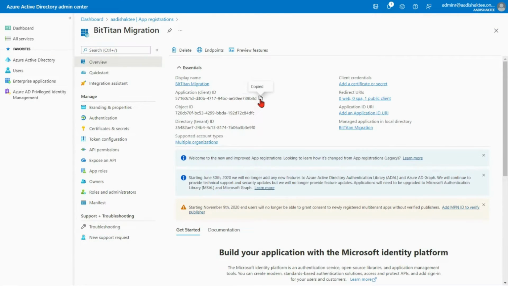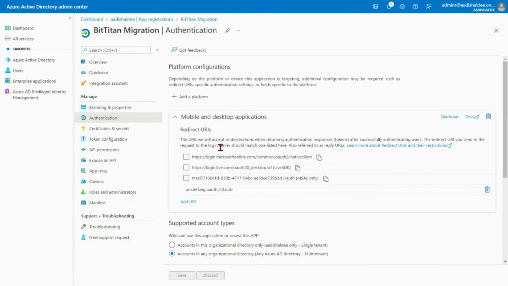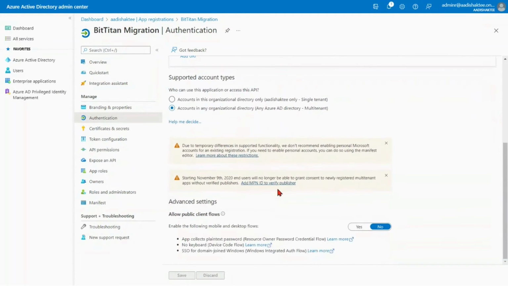We have to make a note of the application ID as well as the tenant ID because we'll need that later in the process. And once done, we can then click on authentication. Now scroll down to the bottom, and then click on the last option, which is allow public client flows, and just toggle it to yes. Save it,